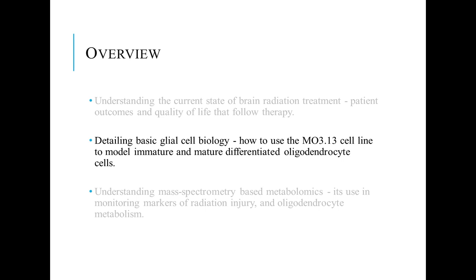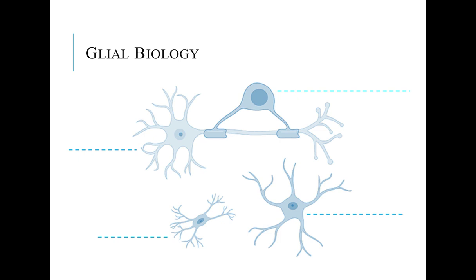So the brain is not just made up of neuron cells, though they're very important. They're important for signal transduction and memory. There are other cells, we call them glial cells, that make up a bulk of brain tissue. And these include things like astrocytes. These are important for structure and metabolic support of neurons, and also the glial cell microglia. And these are actually the specialized immune cells of the brain.